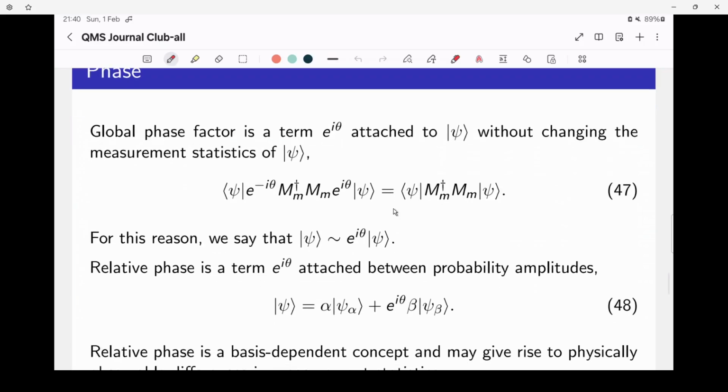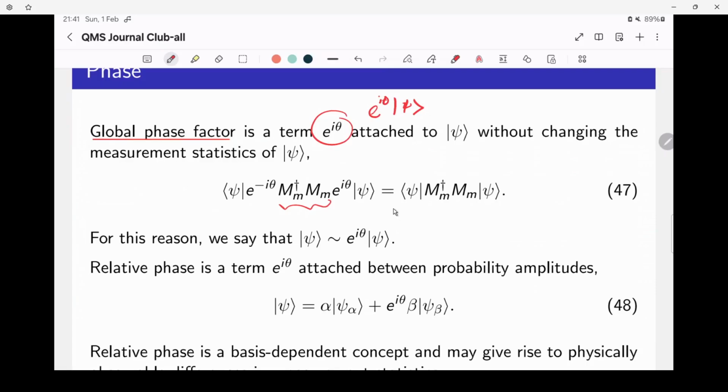Okay. So what is a phase? A phase basically is this particular term. Where this particular term is located can actually affect certain things. So the first one is what we call a global phase factor. If it is a global phase factor, it means that you can attach it to your quantum states and it doesn't really affect your measurement statistics, because let's say this is your POVMs, this is your measurement